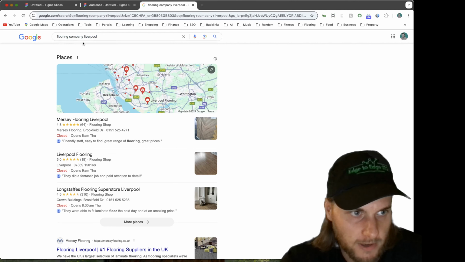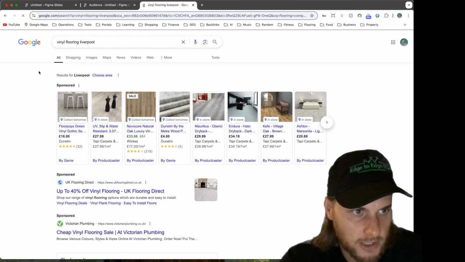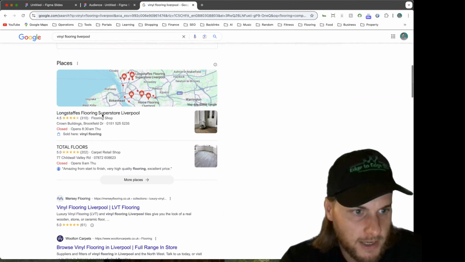Now, you might want to try some other keywords. For example, if I just hover over that again, another suggested one is vinyl flooring Liverpool. And you can see it's flooring shop again. It seems to be the one at the top. And strangely enough, it's only actually given us 2 results there. So perhaps it even demonstrates the importance of the top 2 of Google Maps rather than the top 3. But the thing with Google is, it's always testing things.